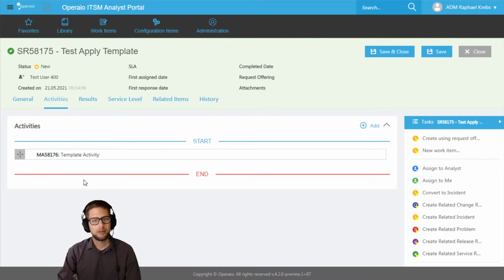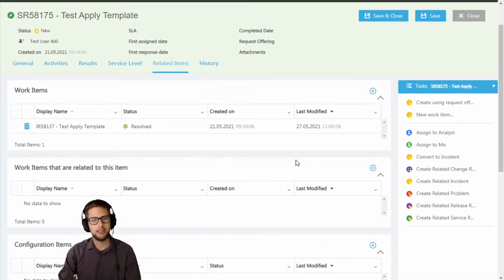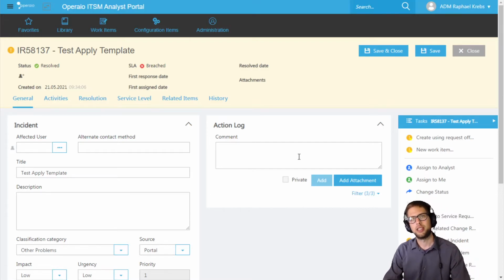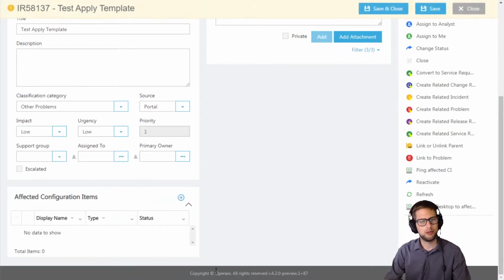In addition, some of you wished that the incident, which we have now converted to a service request, is also added as a related item, and we implemented this, so you can see this incident is now in here as a related work item. Let's have a look at two more technical features, which are scoped to our grid pickers